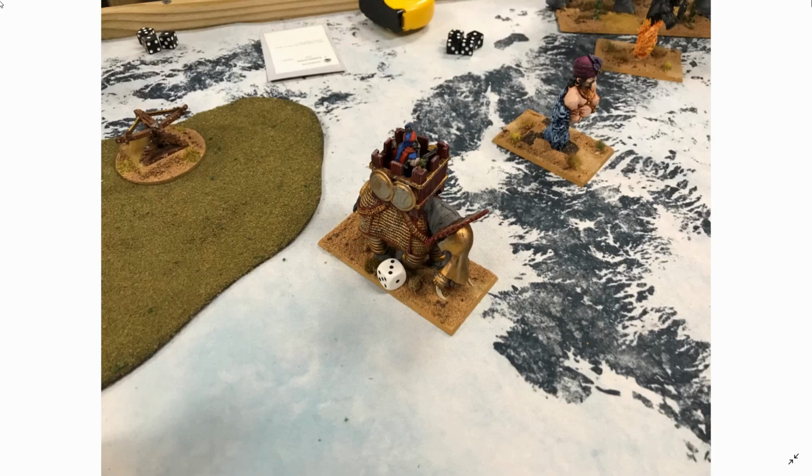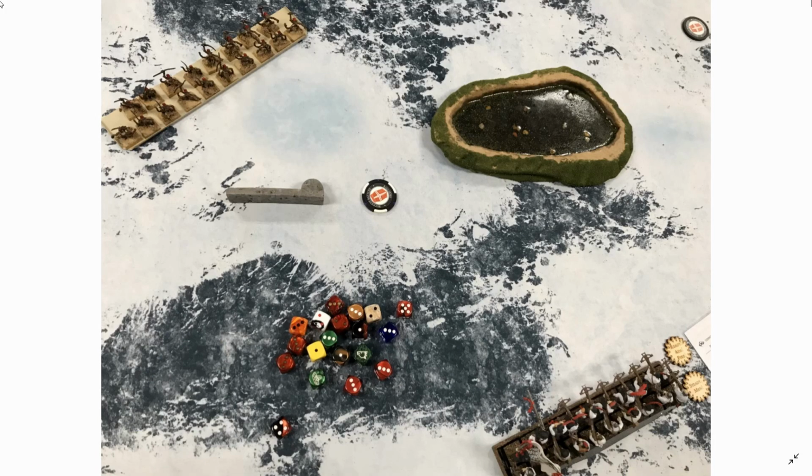But I only do 2 wounds, so he kind of lucks out there. I got 7 hits, and I did 4 wounds. He made 2 armor saves, and then he made 2 more. So in the shooting phase, my light infantry with crossbows shoot at the goblin skirmishers, and oh man,